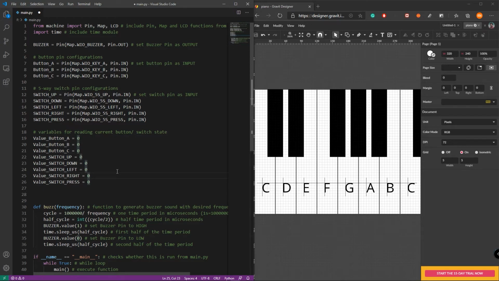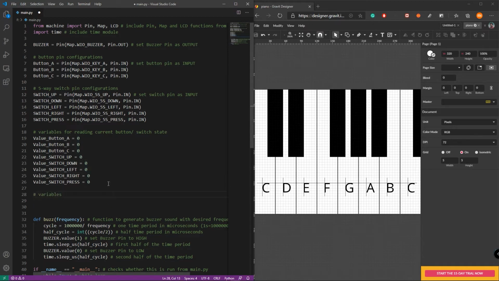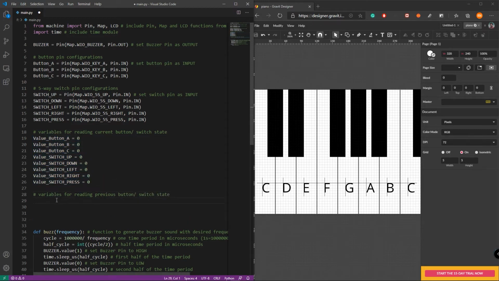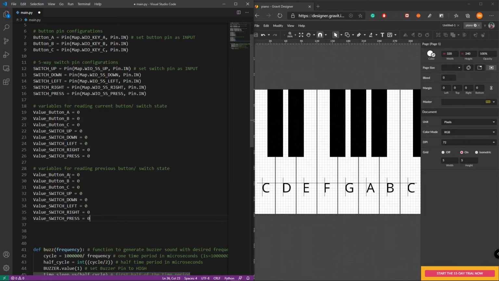Then let's create another set of variables for reading the previous button and switch states. So for this we will copy this and paste it here and change all these to old.